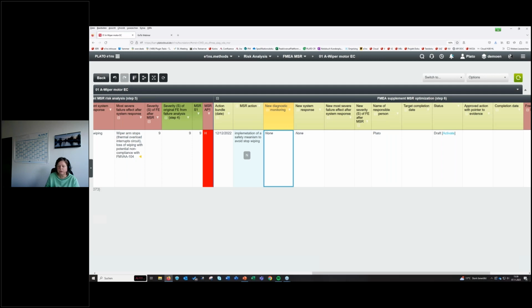The new diagnostic monitoring we would like to define is that we have to monitor the current of the motor. And the new system response should be to send a message to the driver's cockpit if the current is too low. Send a message to the driver's cockpit in case the current